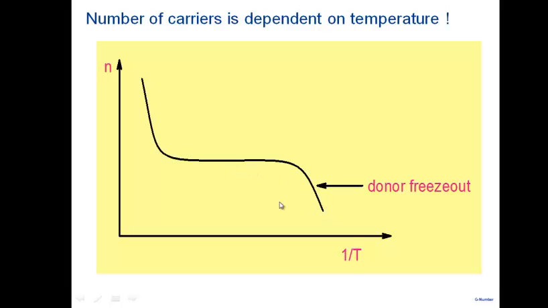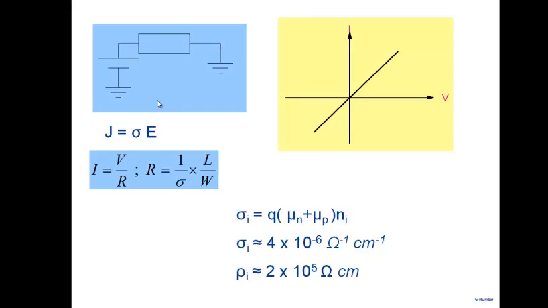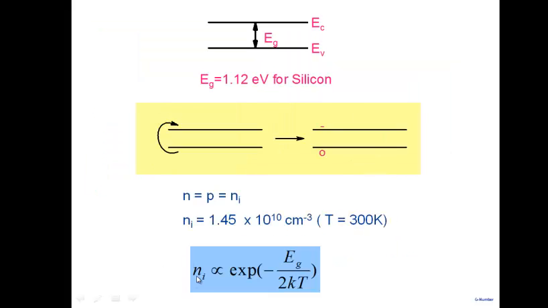Now, this is lower temperature. Note that we have plotted it against 1 over T. So this is lower temperature, and this is somewhere like medium temperatures, room temperature, 100 degrees Celsius, and so on and so forth. Now, when you go to very high temperature, again, semiconductor devices will all fail. And what is the reason they will fail again? Because if you go back and look at this expression here,